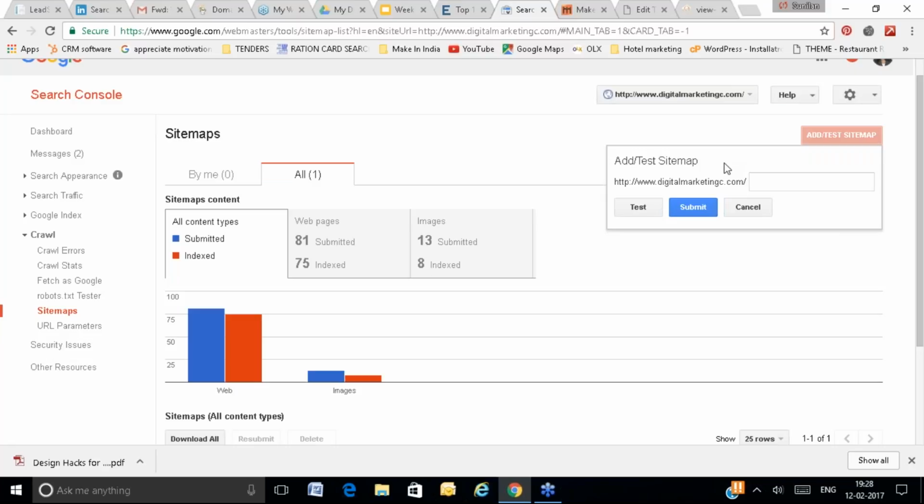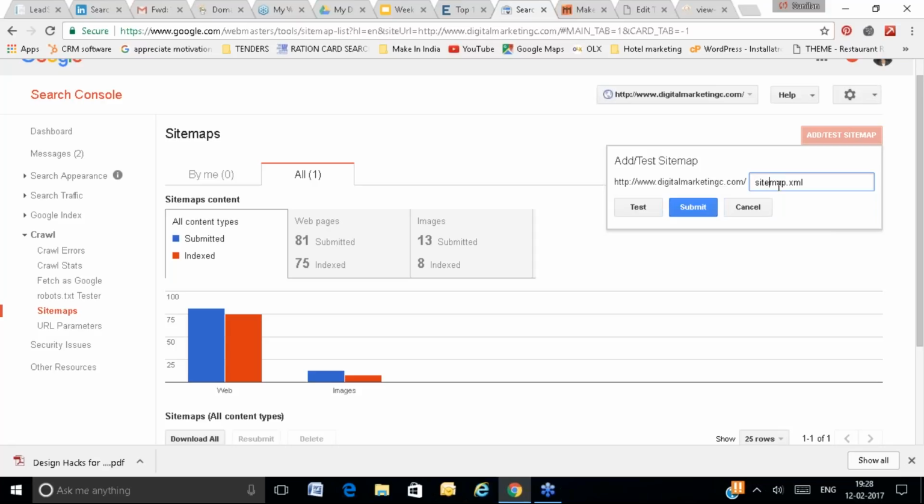You will name that file sitemap.xml, in the XML language, and then upload that file into your root folder, that is the public_html folder, and then add that file here as sitemap.xml, right?